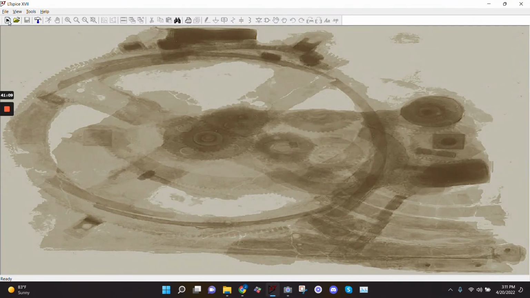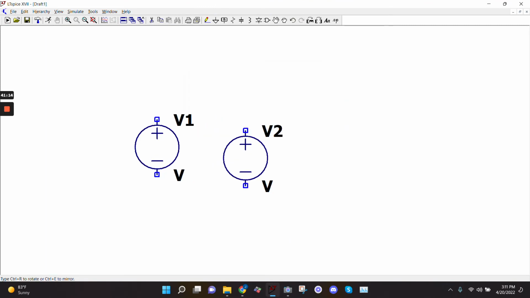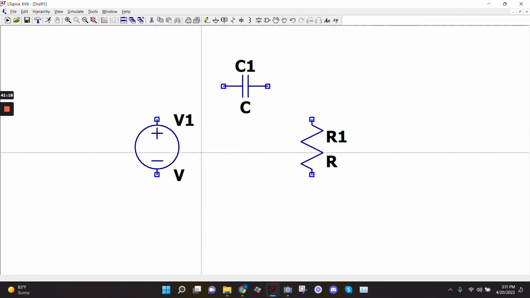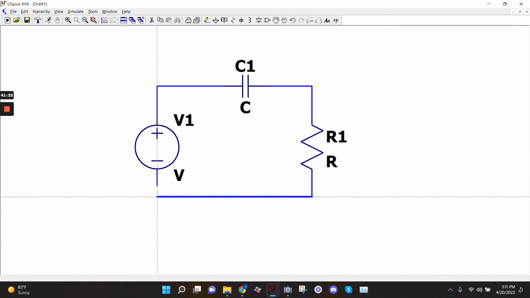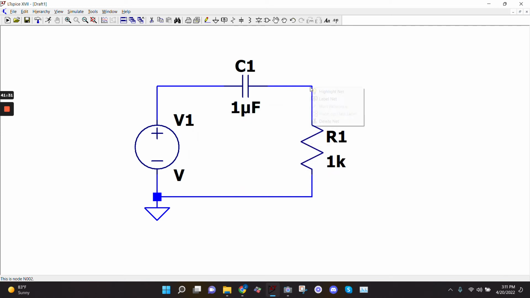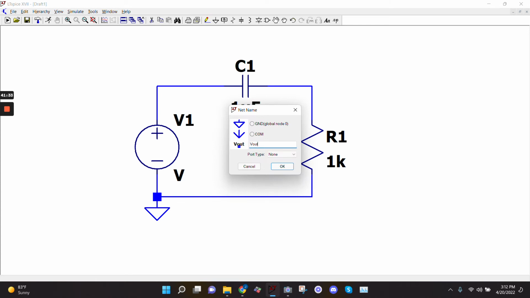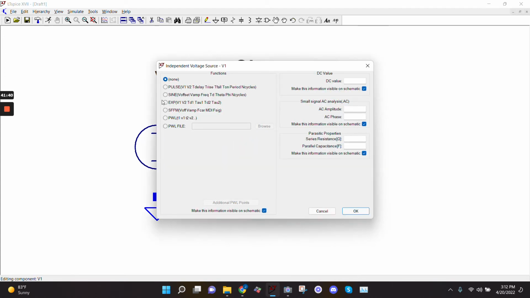All right, let's build this. So I got a capacitor, resistor, this is 1K, this is 1 micro, this is the out, sine,